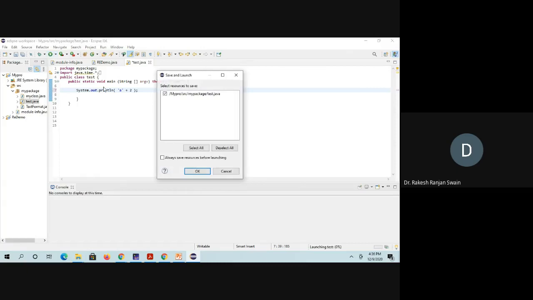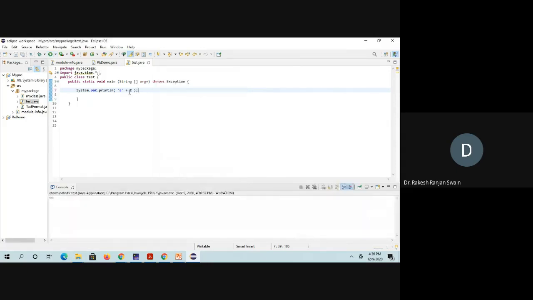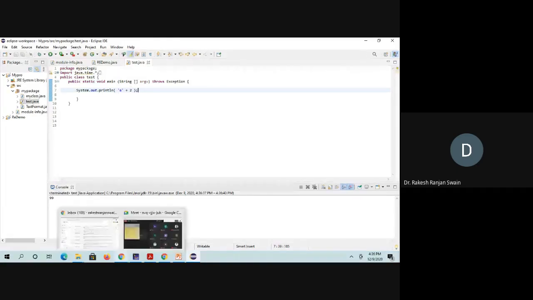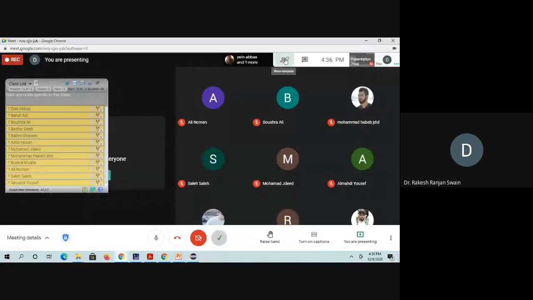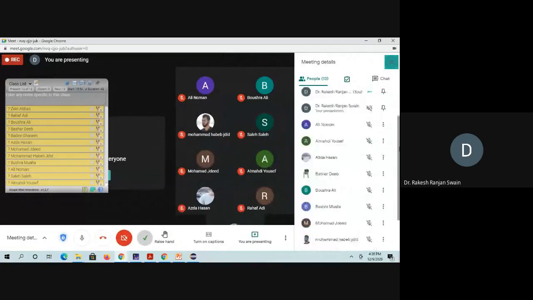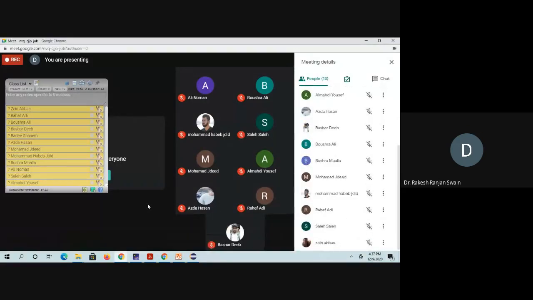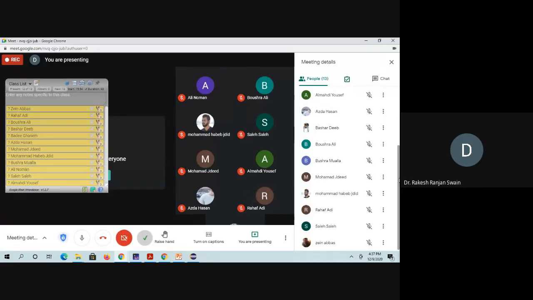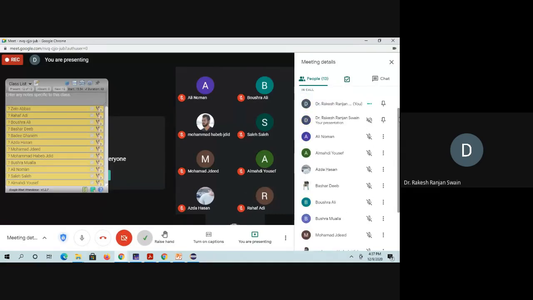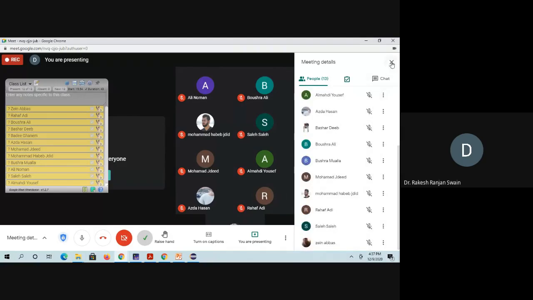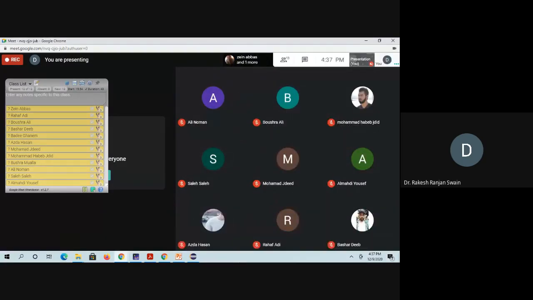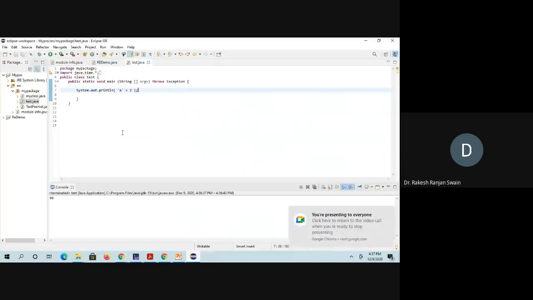One is a character, another is an integer. This character's ASCII value is 97, plus 2, that is 99. The result is 99.